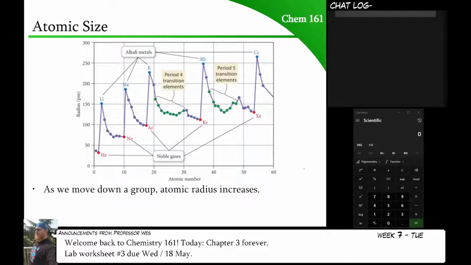All right. Now, this is a diagram of, on the x-axis we have atomic number, so that's Z. And then on the y-axis we have the radius of the atom in picometers. And you can see here that it's really high and then it starts to taper off and then this sort of thing is going on over and over and over again. What we're going to try and do is explain this. So we're going to come back to this diagram as we do